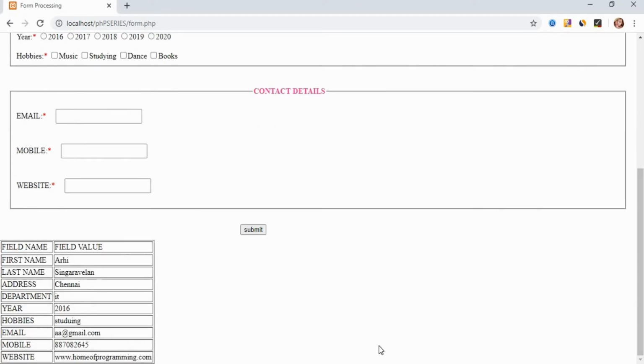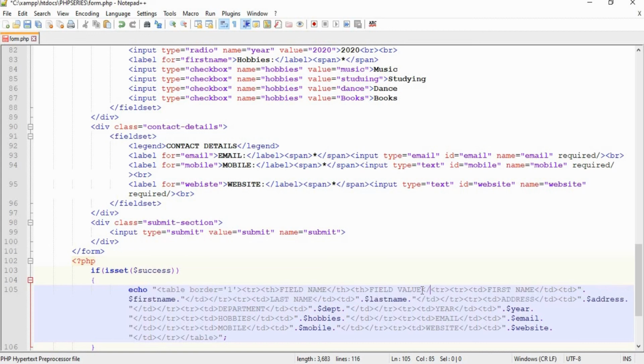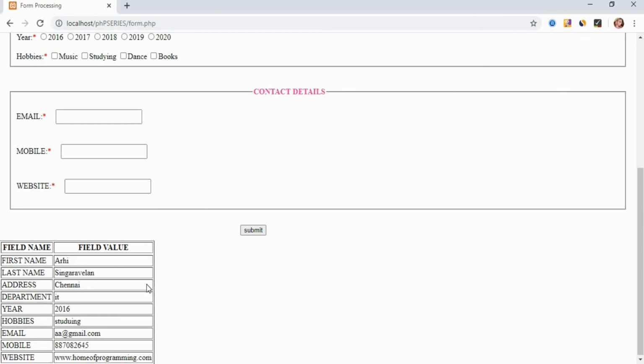So as I told you before, if you want to highlight any of the table fields, you can do that, right? So instead of TD for column heading, you can use TH also, right? So that your column heading will look separate from the rest of the table content, right? So here we can close the TH. So now save and run the program. So in this way you can highlight or you can add any set of formatting options to your table in PHP also, right?